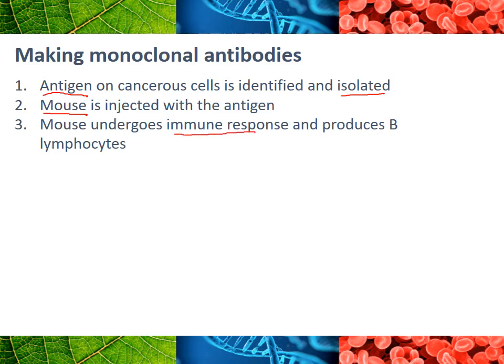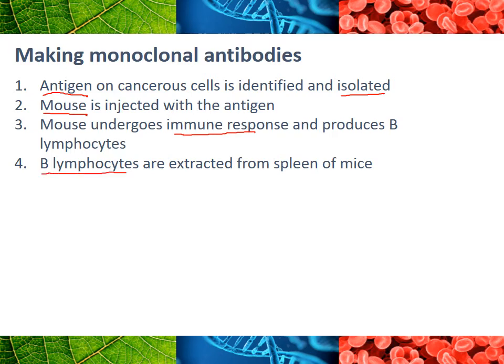Okay, so the mouse goes through the immune response because of this foreign antigen and produces B cells, B lymphocytes. Those B lymphocytes are then extracted. Okay, so they're taken out of the mouse, and that's in the spleen. The spleen is the organ that will hold a lot of those lymphocytes. So we take out the B lymphocytes,